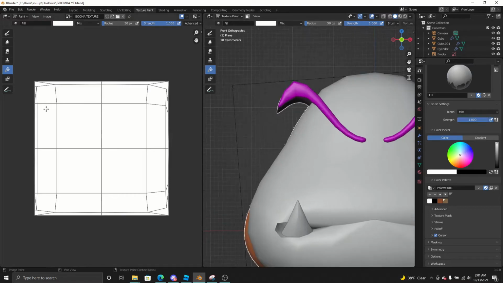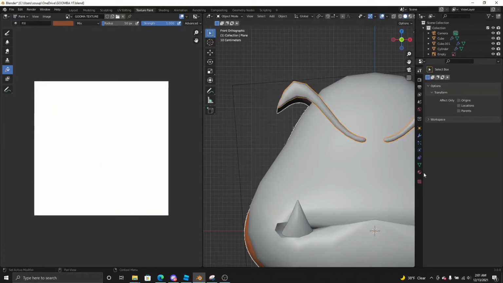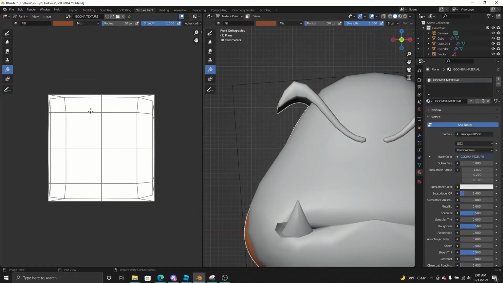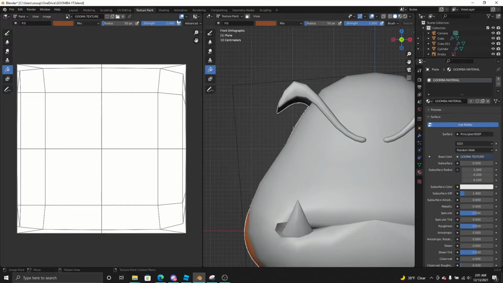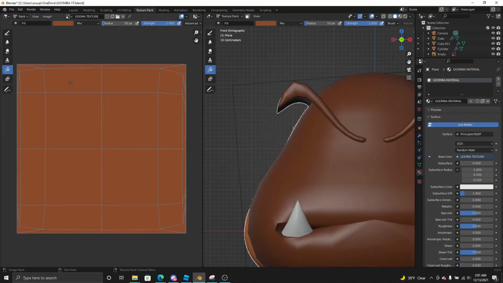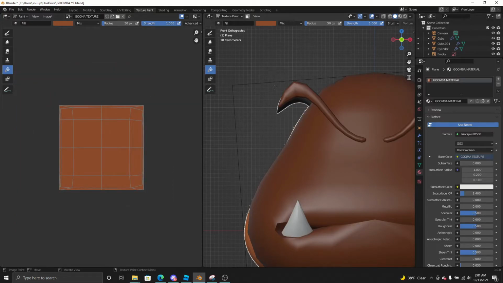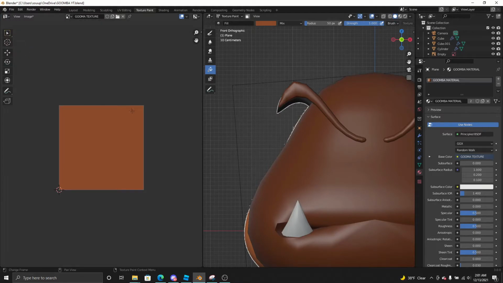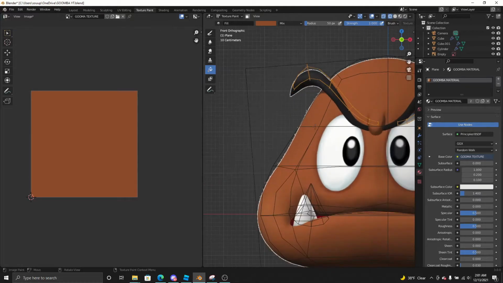So yeah, you have your fill bucket. You want to select your color, and I do not have the material selected on here. Goomba material. There we go. So yeah, you have your brown. You got your fill. Just go ahead and click. All right, and then we can go back to UV editor. All right, now that our image is brown,